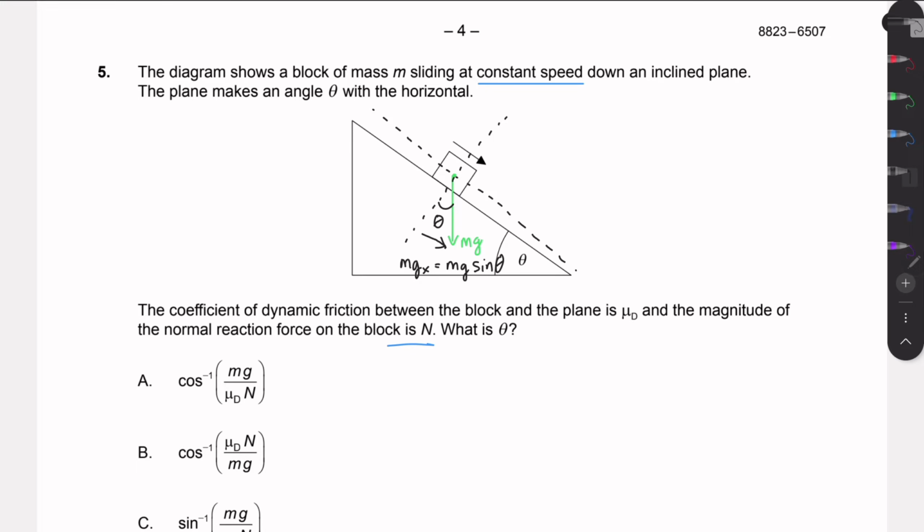And then we can also write down that the vertical component, the y component, mgy, will be mg cosine theta, as this is the side that's adjacent to the angle. So now, just to summarize, mgx, the horizontal component, will be mg sine theta, and our normal force